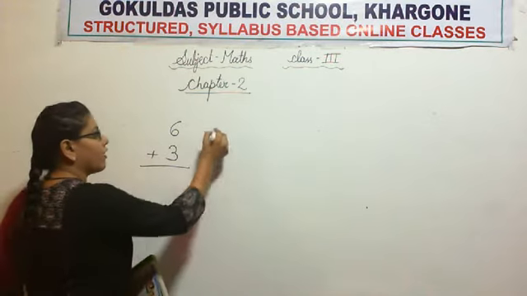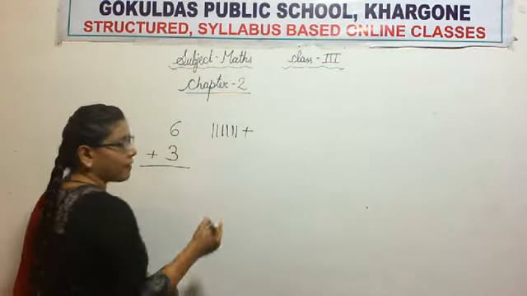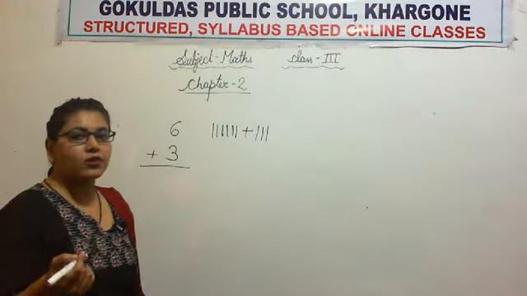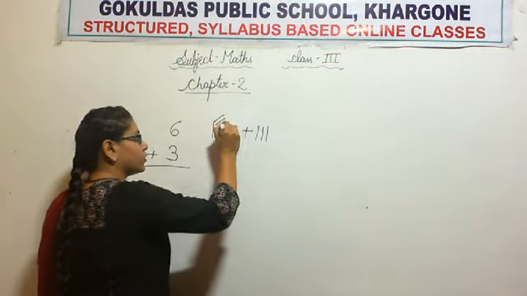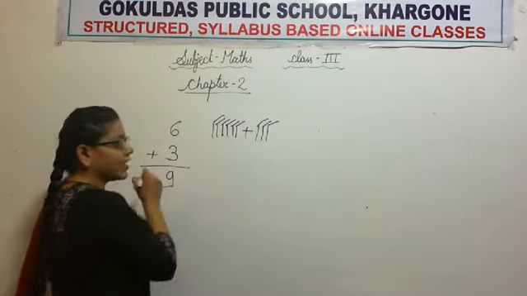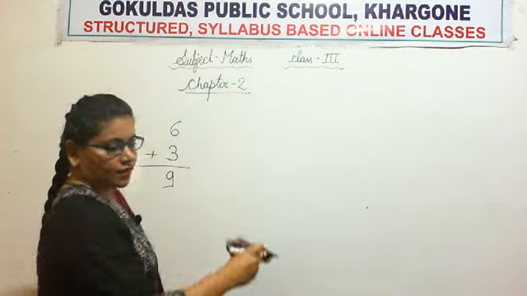What we will do? We will draw 6 sticks and we will put plus sign, then we will draw 3 sticks. Now let's count how many sticks are there. 1, 2, 3, 4, 5, 6, 7, 8 and 9. So our answer is 9. Now